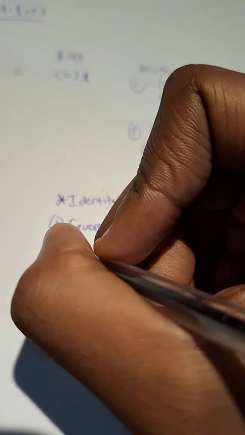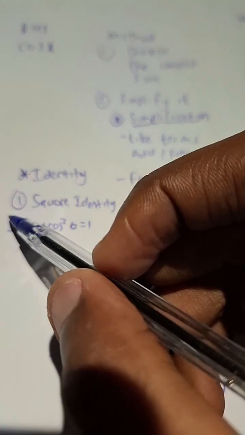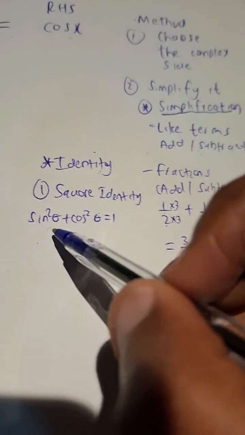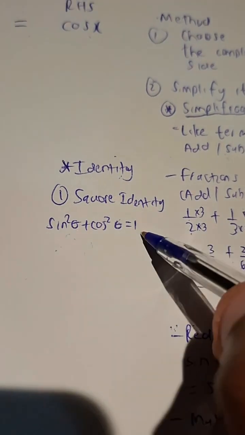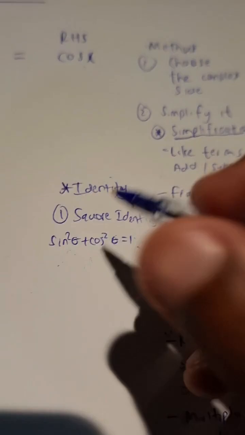And by square identity, there's this identity that says sine squared theta plus cos squared theta is equal to 1. You need to be able to know when to actually write 1, or when to change 1 to become sine squared theta plus cos squared theta. Also,